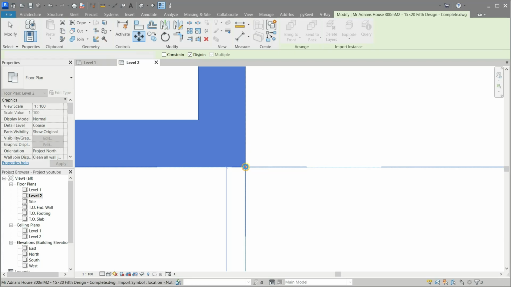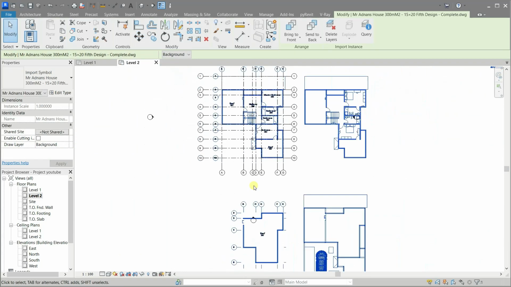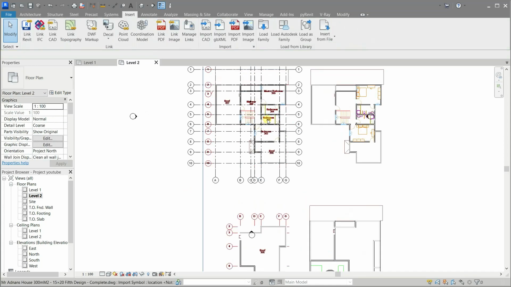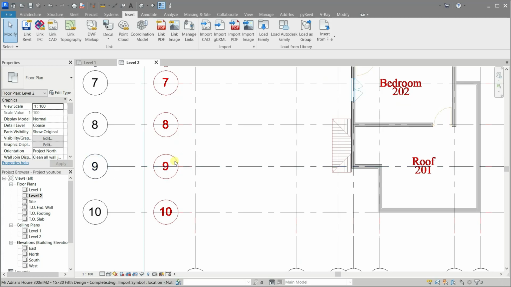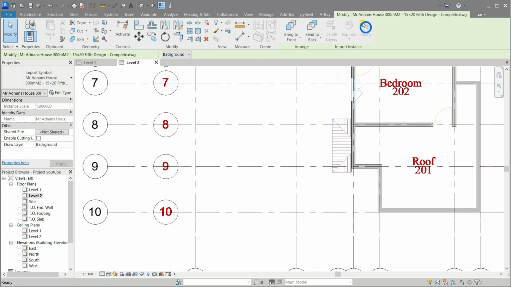Now we have both levels aligned properly. That was the reason for choosing to link the file twice separately, to be able to move one over the other. Now, pin the file again to prevent it from moving. Now click the link and choose Query.